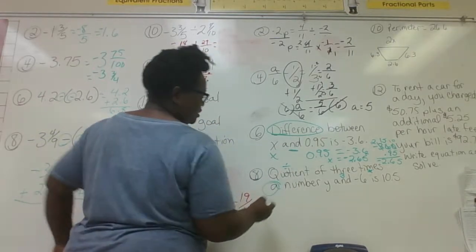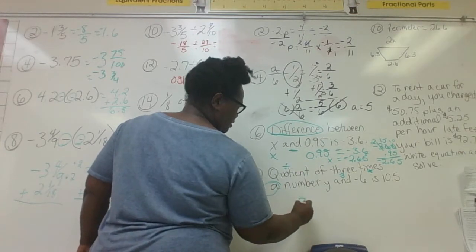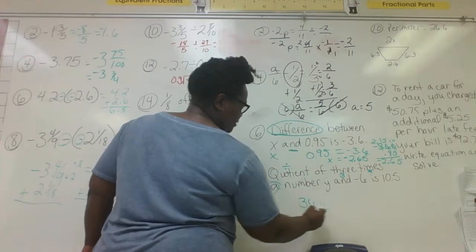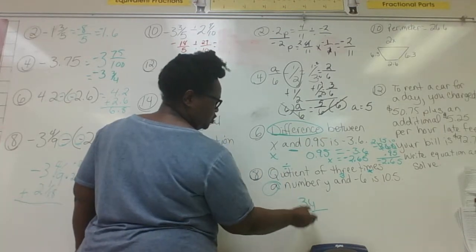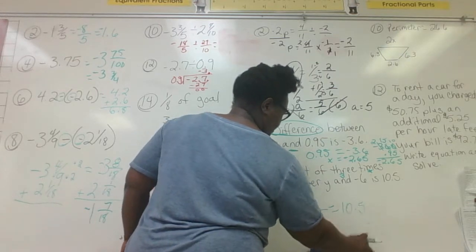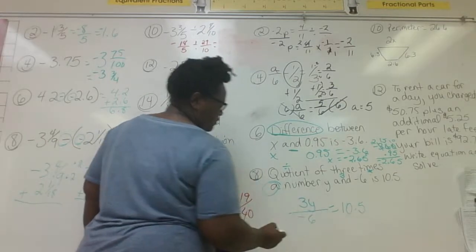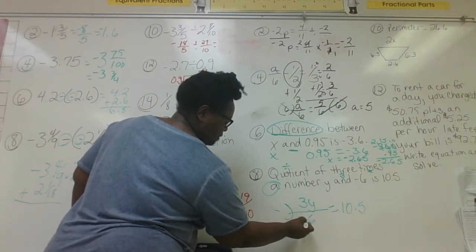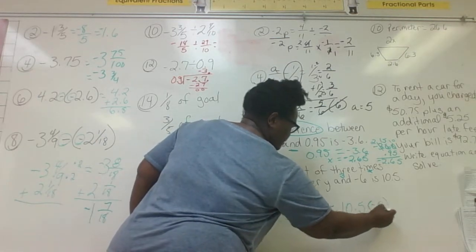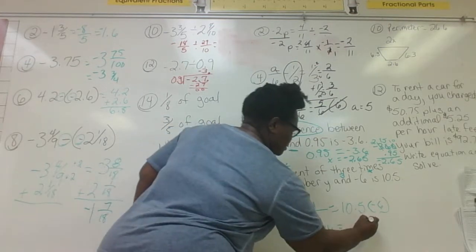Okay, so quotient, which is division, of 3 times y, and negative 6, remember it's a division, equals 10.5. That's how that looks. We want to isolate y. Instead of divided by 6, we're going to multiply by negative 6. Multiply by negative 6. Therefore, we have 3y is equal to